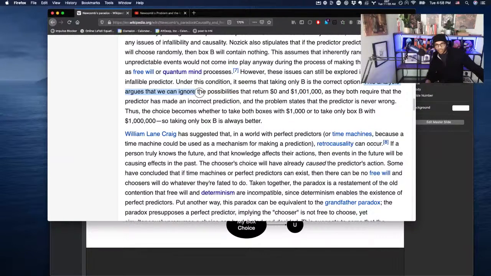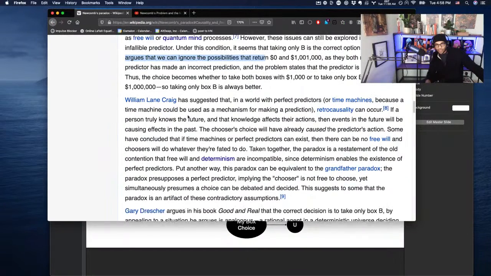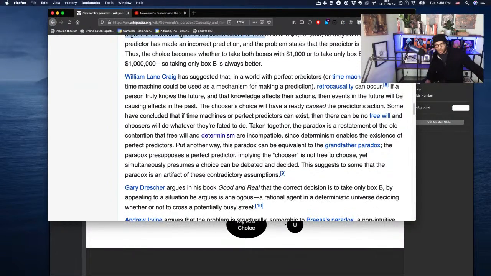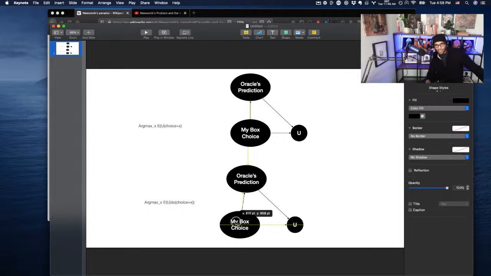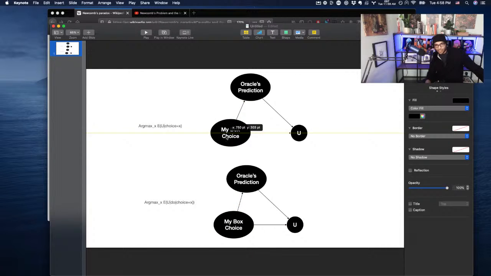This analysis argues that we can ignore the possibilities that return 0. Alright, so this guy suggests that in a world with perfect predictors, and I wonder if maybe there's a counterfactual argument to be made here. Maybe if I say, I pick the argument that optimizes U, but then counterfactually reason that had I picked